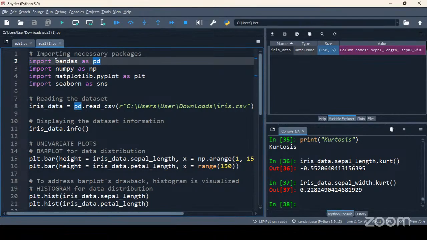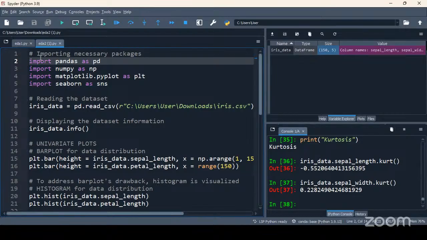Anyhow, we have already understood the concept of pandas. Why are we using pandas? Pandas helps us with data manipulation. Whenever I want to perform manipulations on the data, I will use the pandas package.